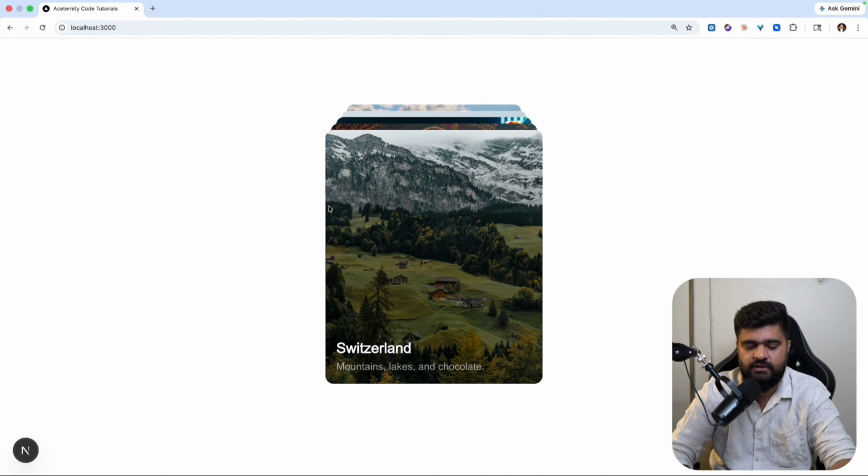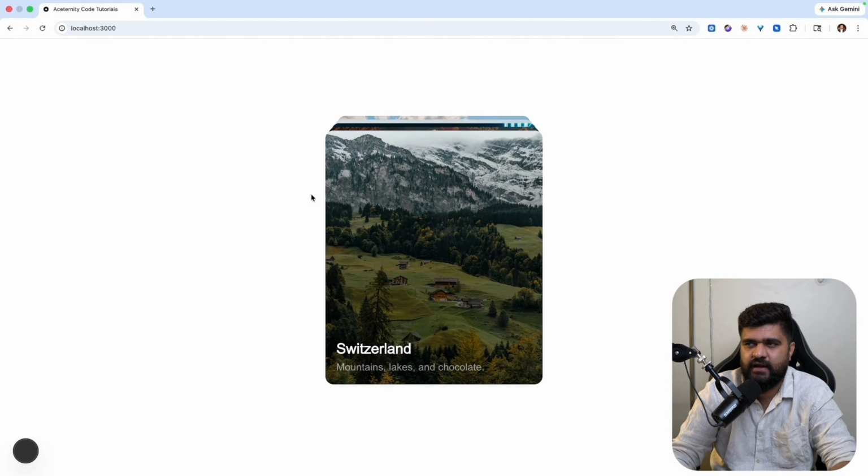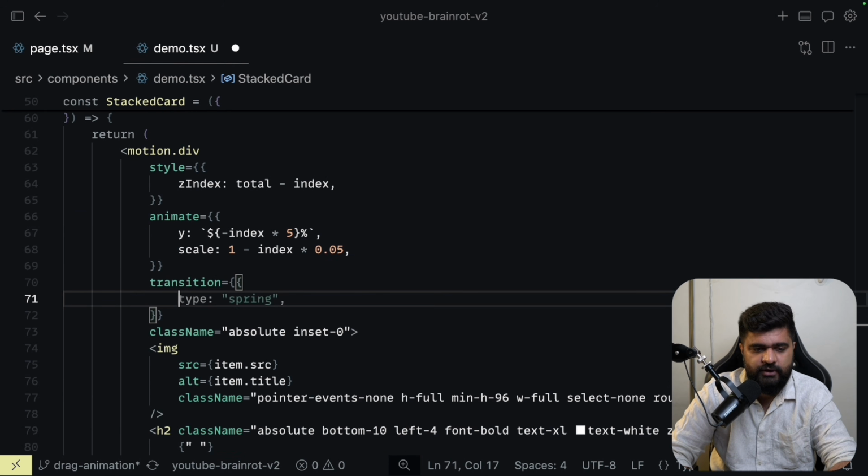The animation that you see, this is happening because we have it in the animate prop. If I had it in the style prop, it won't animate, but I like this effect. That is why I kept it. Also want to have a transition, and transition would be type spring, and I have this value, and this value